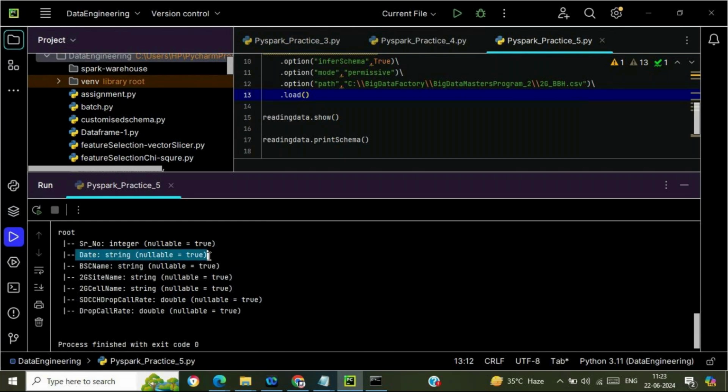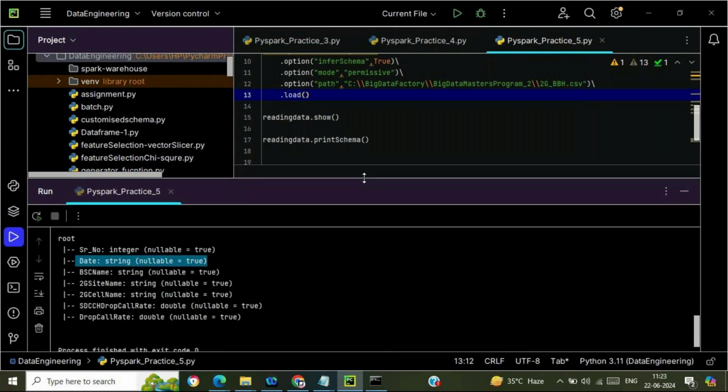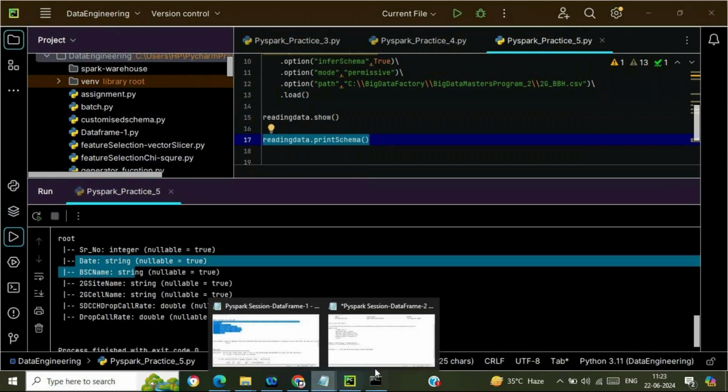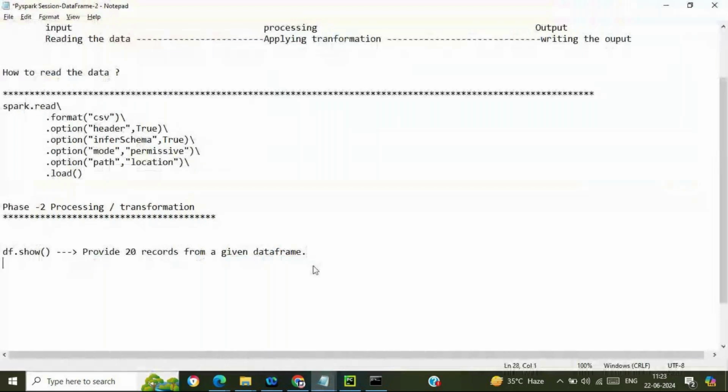It will throw errors, because string minus string operations are not possible. So print schema provides the information about the schema, like the data type of each and every column. df.printSchema